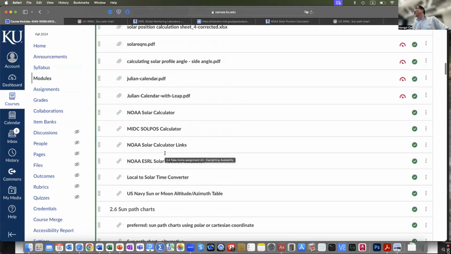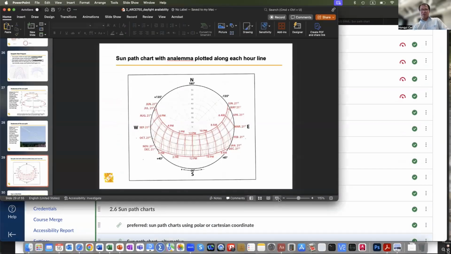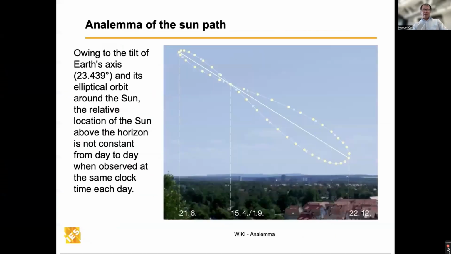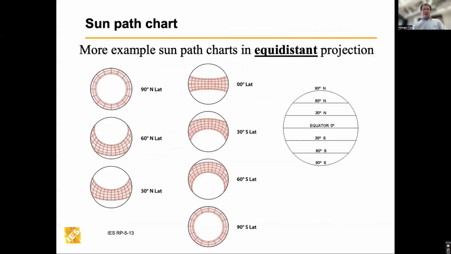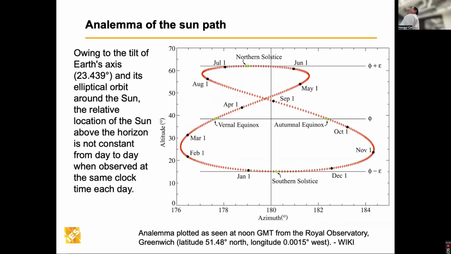And then there is something else I want to talk about. How many minutes do I have? I think I still have 5 more minutes, so let's talk about it. Right, so right now you already understand the sun-path chart, right? Let's talk about the analemma. The analemma is the